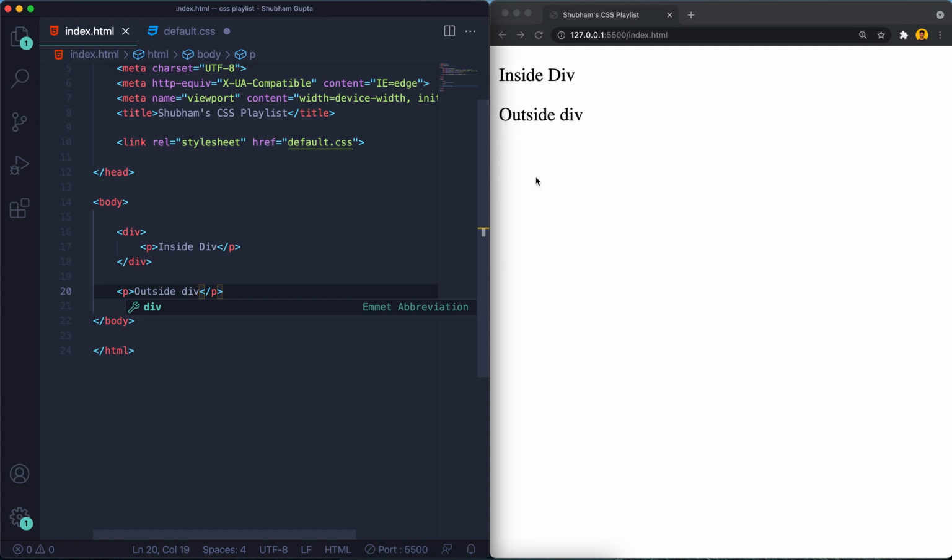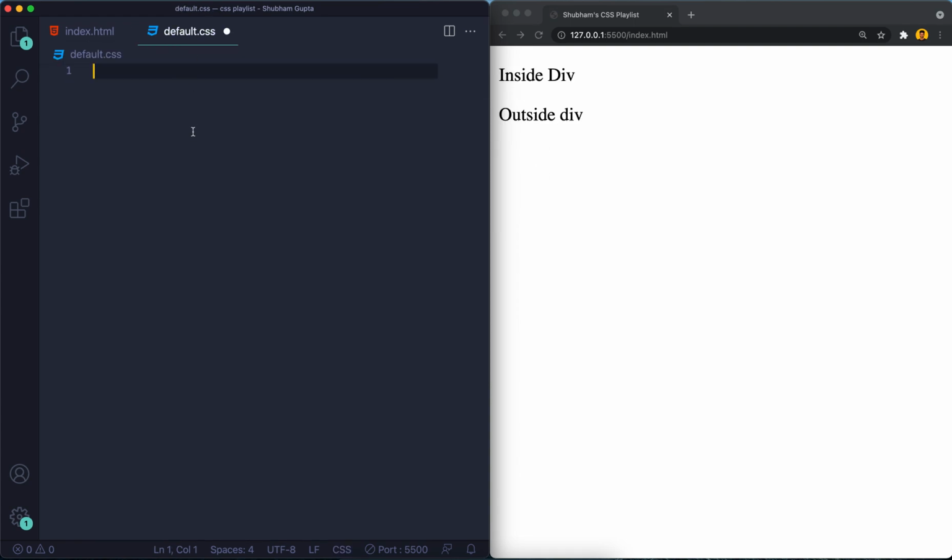Save it, it will be like this. If we give the paragraph color red, it will apply to both. But if we give div space paragraph, the paragraph which is in the div will take the color property, not the one outside. And instead of tag name, you can use the hash, any selector, from here also.